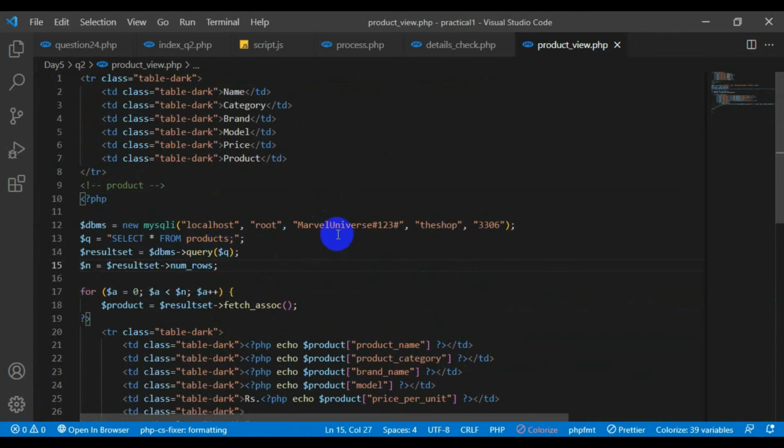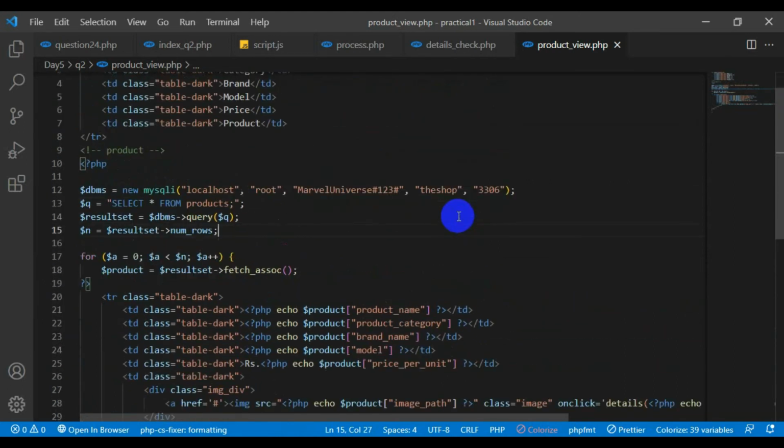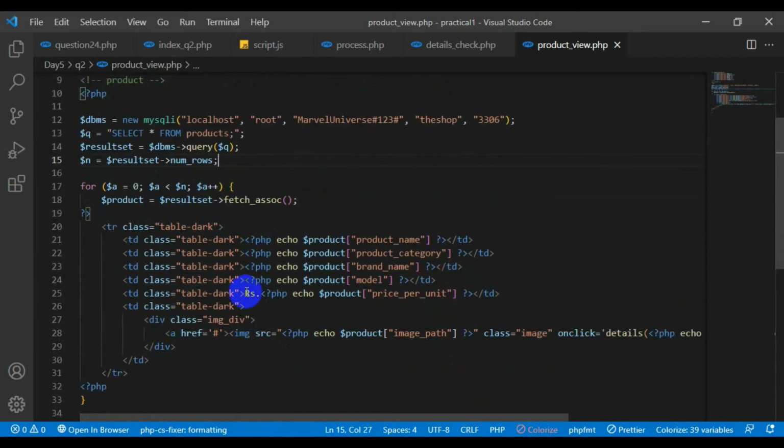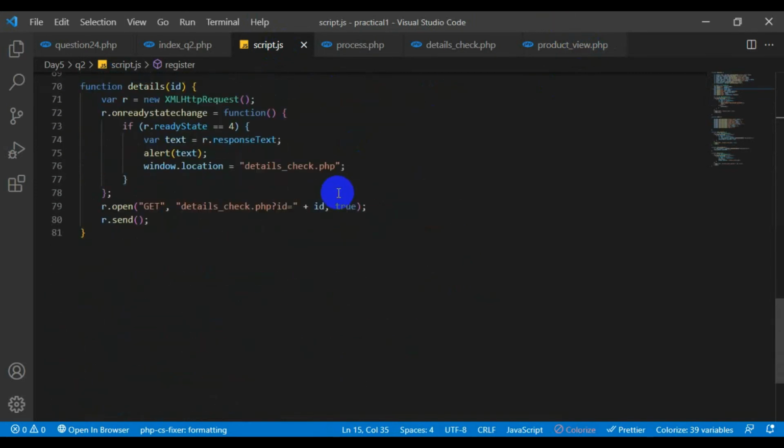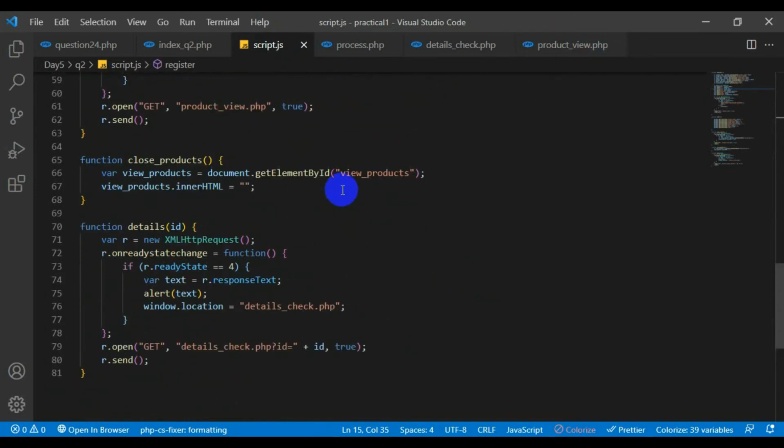what I did was, now I have the overall text here. So this for loop is executed on the server side. So once I sent a request to the server side, it has already done all the work for us. That means it has already looped. So I have the table on the server side. So once I give a request to that relevant page, that is product_view, it gains all the content. That means the text which is inside the product view.